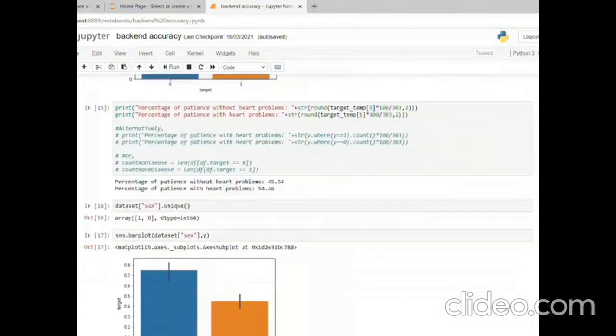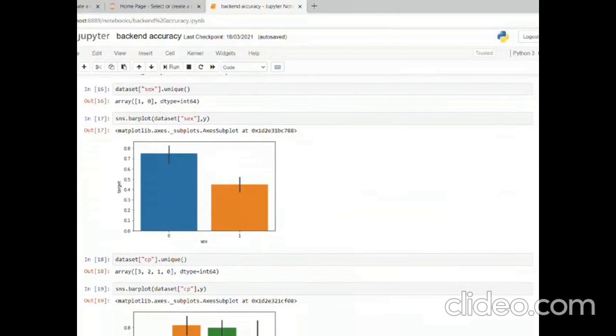So from this we can clearly say that this is a classification problem with target values 0 and 1. And here when you see this graph, sns.barplot of dataset sex comma y, the bar plot shows the count of observations in each categorical bin using bars. Here we can see that the number of females is less as compared to the number of males. In this bar plot, 1 is denoted as the number of males, and 0 is denoted as the number of females. And here the bar plot represents the central tendency for the numerical value with the height of each rectangle and provides some indication.